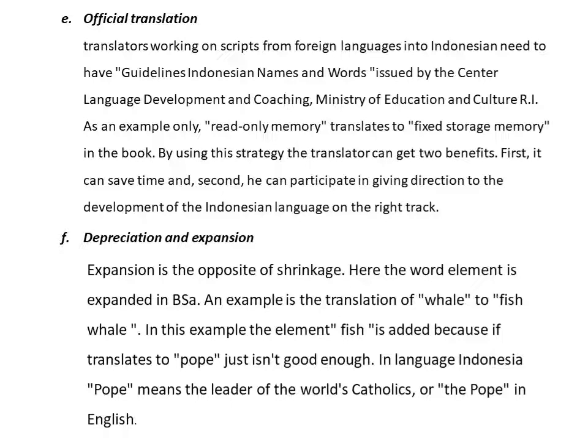As an example, consider the following. I am teacher. I am a teacher. In the example above, the words I am and a must be added for the sake of structure acceptability. In the following example, the word do must also be added for the same reason. I didn't think you could come today. I don't expect that you can come today.